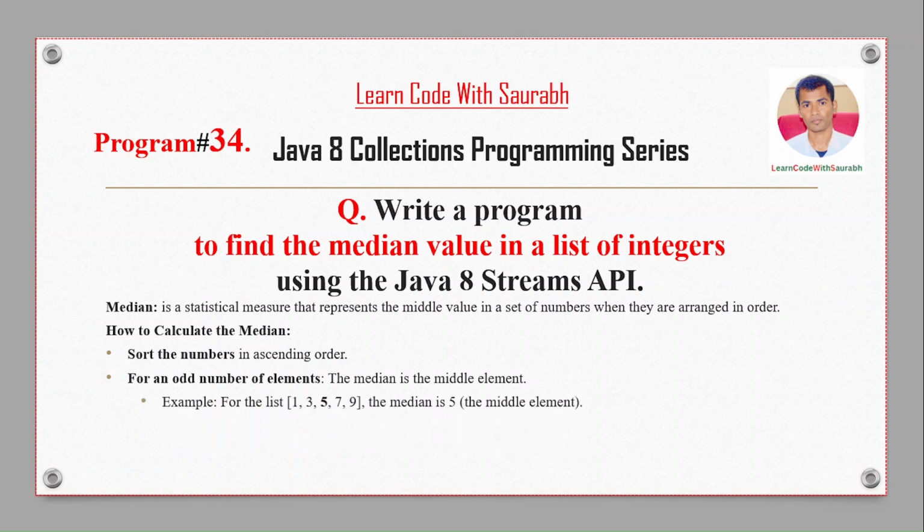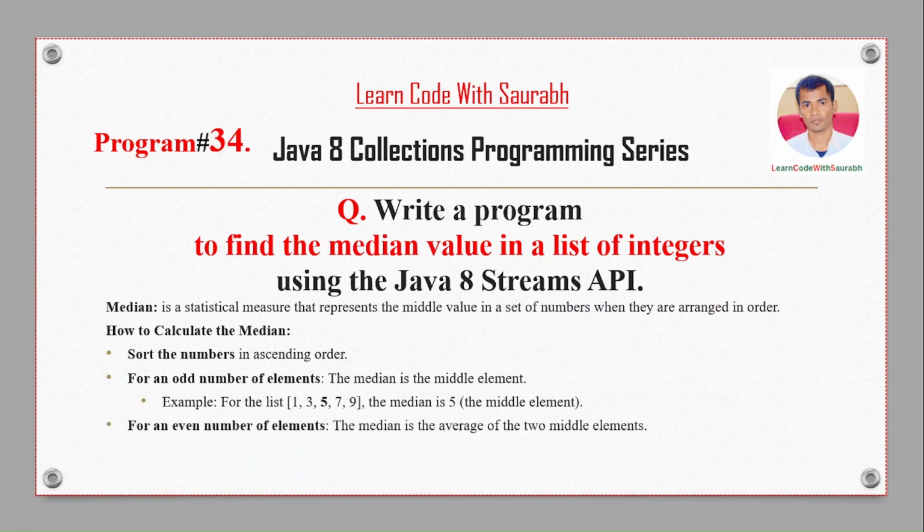For example, if I have a list like 1, 3, 5, 7, 9, you can count 1, 2, 3, 4, 5. So totally 5 elements, and if you see here, in the middle is the 5. So 5 is the median,